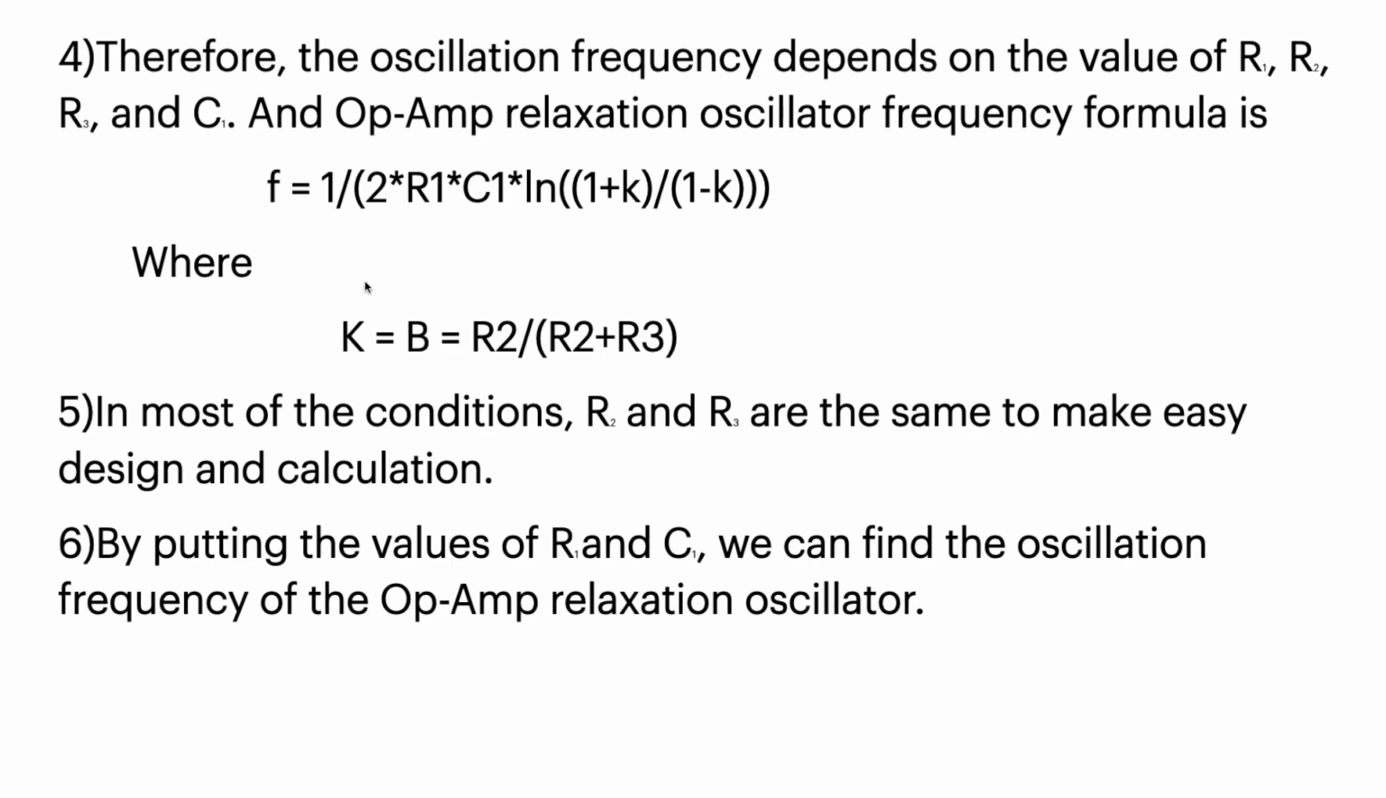Therefore, the oscillation frequency depends on the values of R1, R2, R3 and C. The op amp relaxation oscillator frequency formula is 1 over 2 times R1 C1 times ln of (1 plus k) over (1 minus k). K is nothing but beta, which is equal to R2 over R2 plus R3. In most conditions, R2 and R3 are the same to make calculation and design easy. So beta now becomes 0.5. By putting in the values of R1 and C1, since we know what K is, we can find the oscillation frequency of the op amp